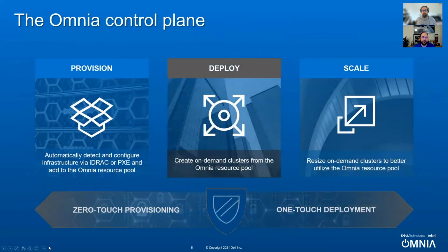And the resource pool is managed by the Omnia control plane. The Omnia control plane is itself a solution deployed by Omnia. It's a self-bootstrapping process that uses Omnia to build a server or set of servers in the near future that handle all of the provisioning by doing automatic detection and configuration of servers, network, and storage using either iDRAC or